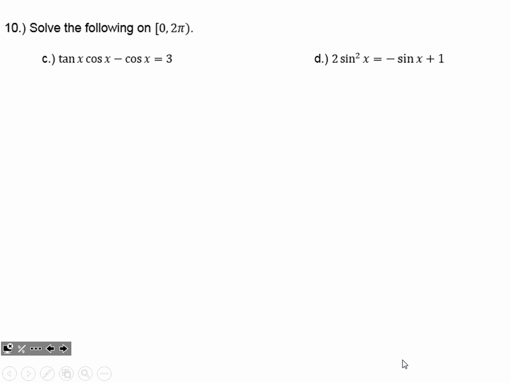And our final two, it's not going to be as easy as just doing a simple algebra calculation. Sometimes we'll have to factor. I'll have to set up multiple drawings here. And we'll see that in letter C. Here I can take a GCF of, I believe this is a typo. Yeah, this is a typo. It's supposed to say equals 0. I can take a GCF of cosine out.